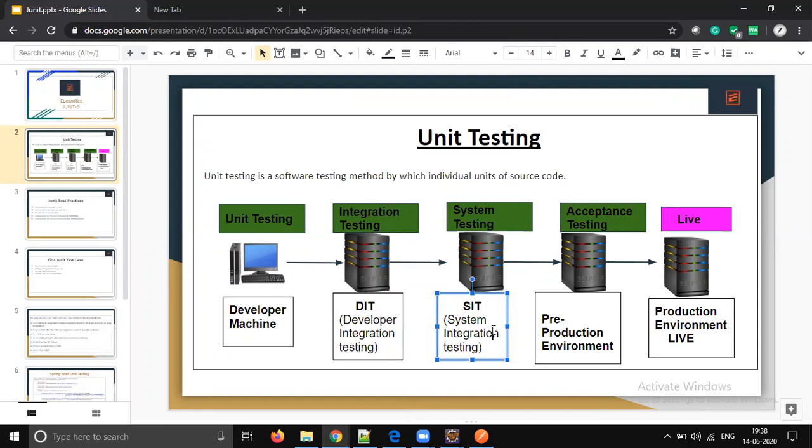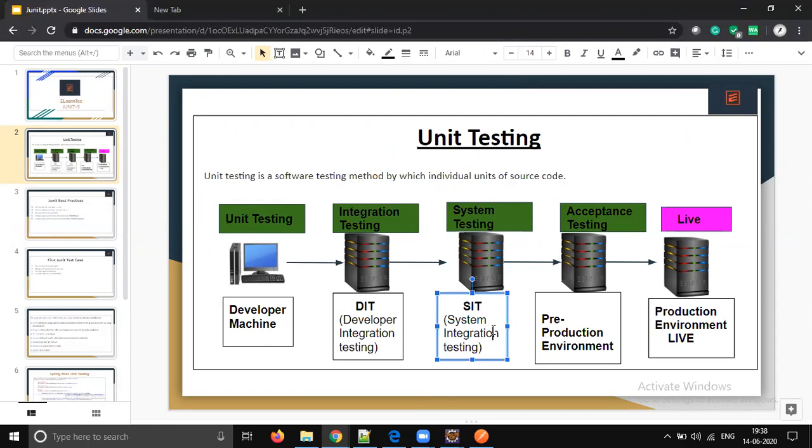QA is the abbreviation for quality assurance, and SIT is system integration testing, where the actual testers will test the code. If the testers have tested and certified the code, then the code will be promoted to the next level.